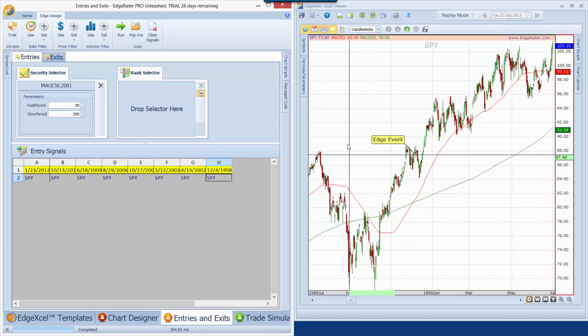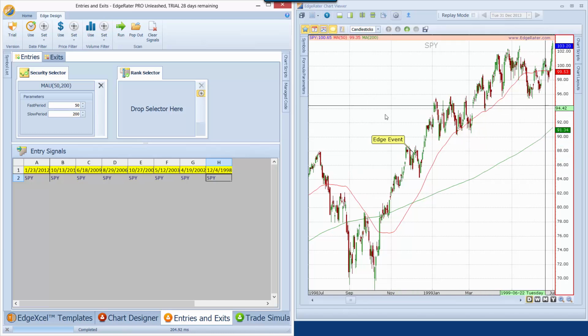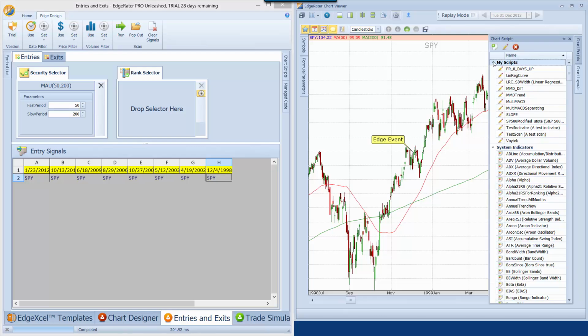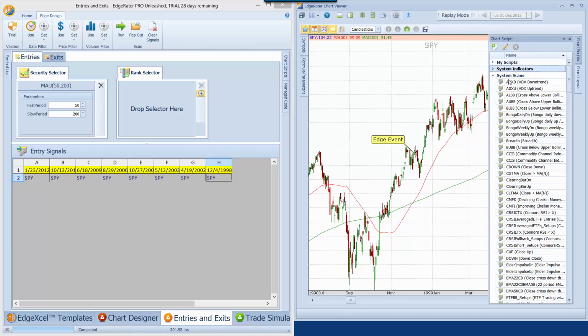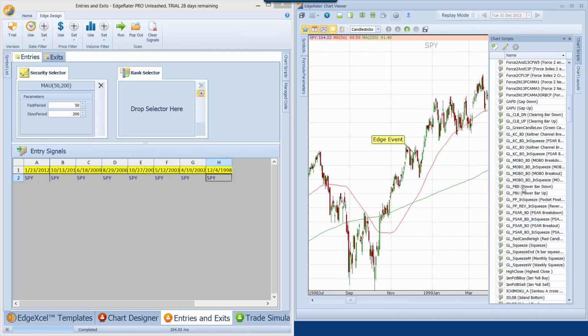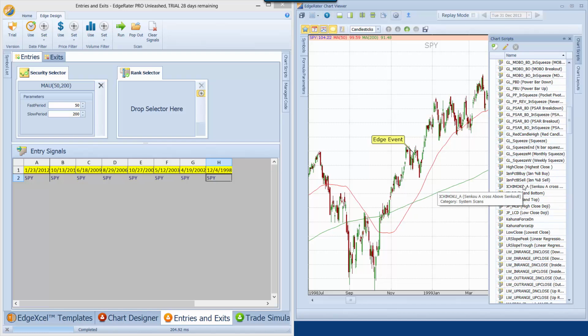The other thing I should mention that's interesting to do is, because this is a scan script called MAU 50,200, and we put it into the entries tab, the script is also available to be put onto a chart. So if I scroll down in my scripts and find this MAU again, or I could do a search like I did before,